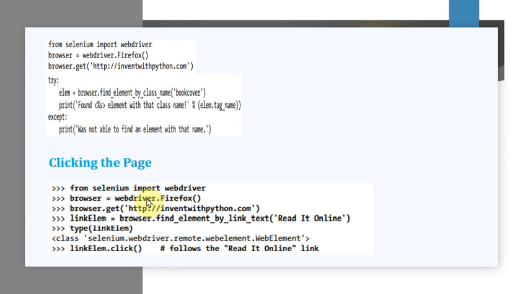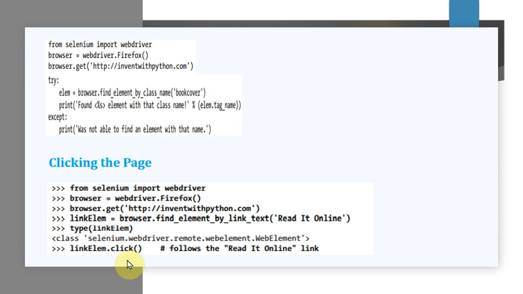So this method can be used to follow a link, make a selection on a radio button, as well as click a submit button, or trigger whatever else might happen when the element is clicked by the mouse. So these are the things that the click method can do. Using the mouse, you can click on a button, or click on a link, or make a selection on a radio button. All those tasks can be done by this click method.